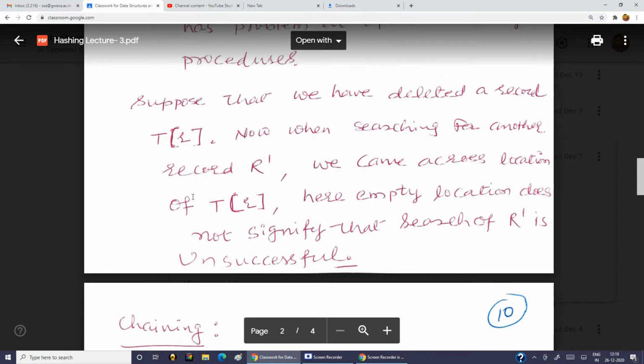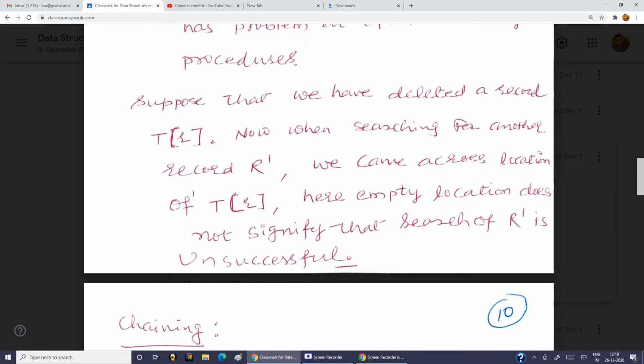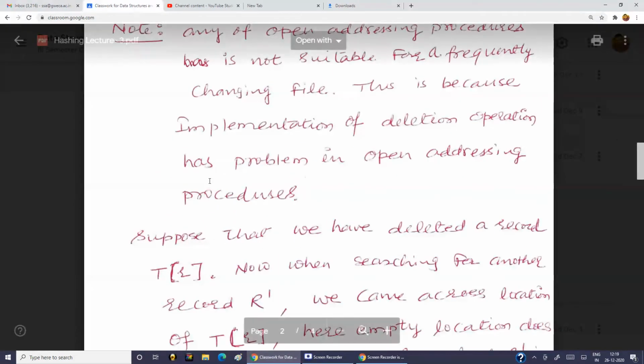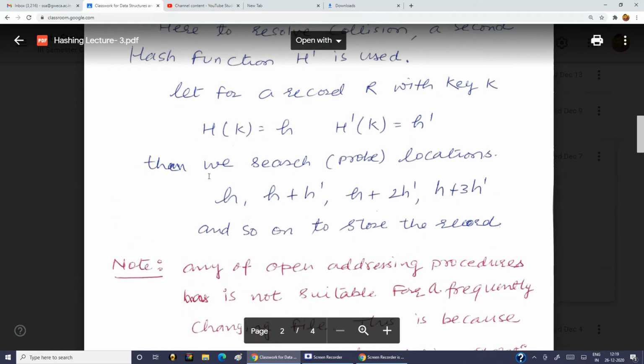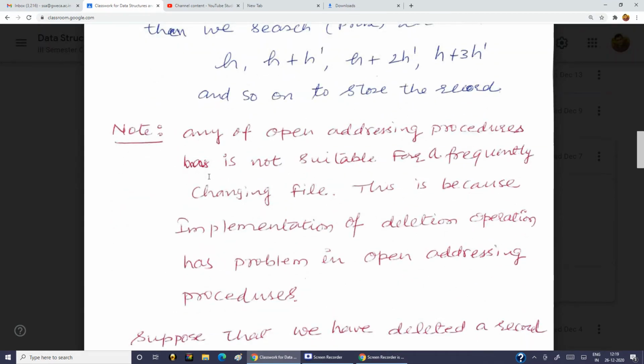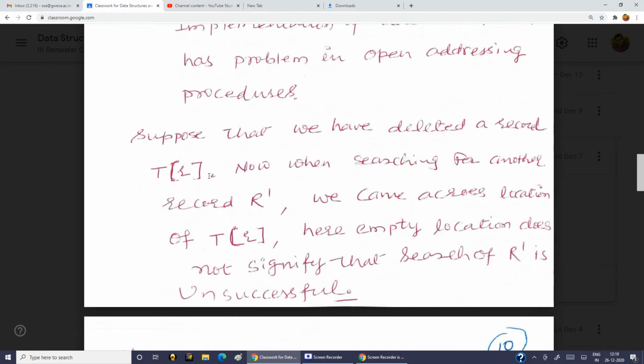So I hope you are getting this problem: when the deletion operation is applied, the space is vacated, and if you are searching for some record r, you will reach an empty space and may conclude that r is not found, but that is not the actual case. So this is the problem with the open addressing schemes. And so what is the solution?